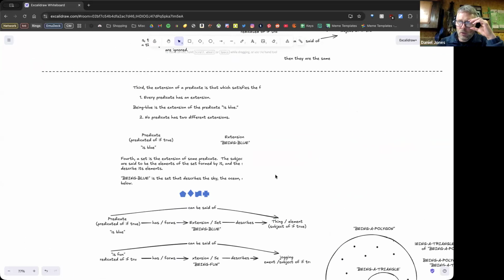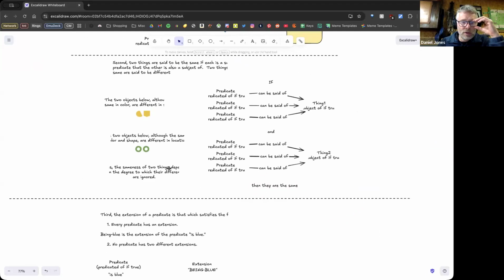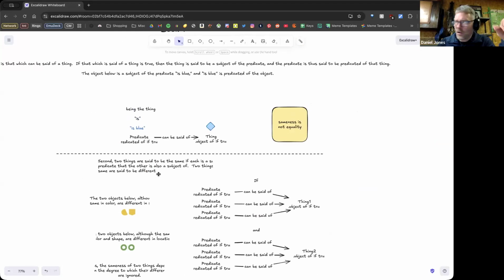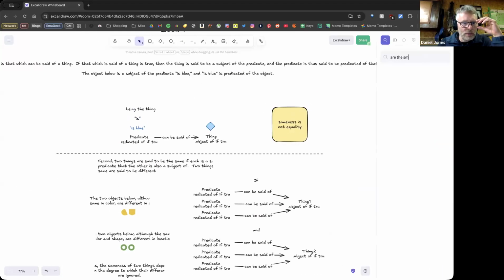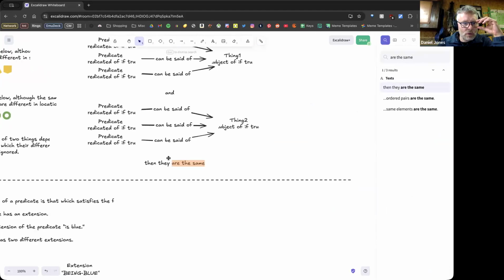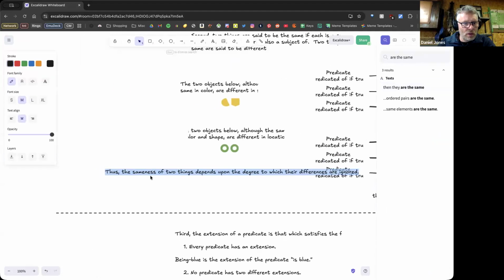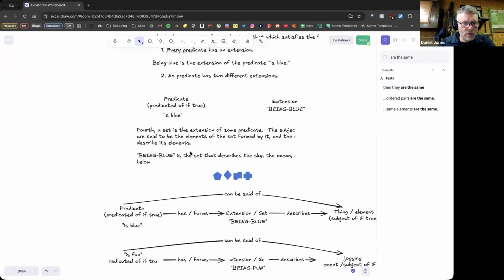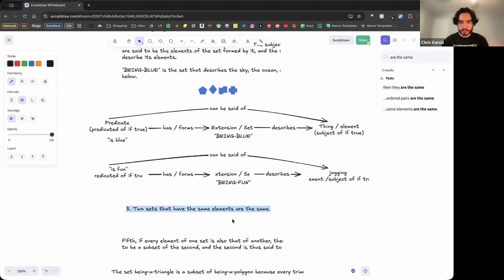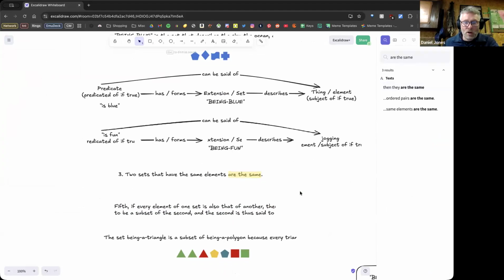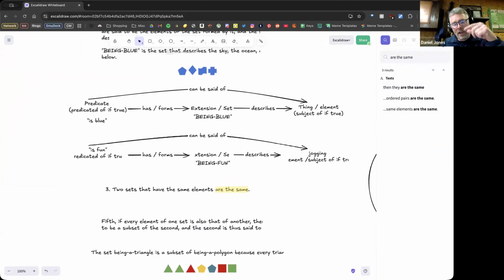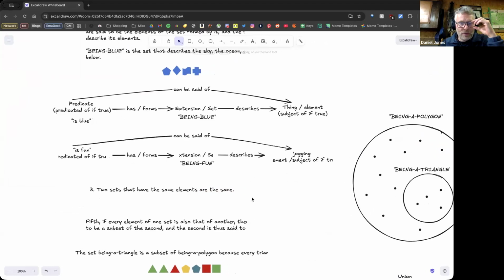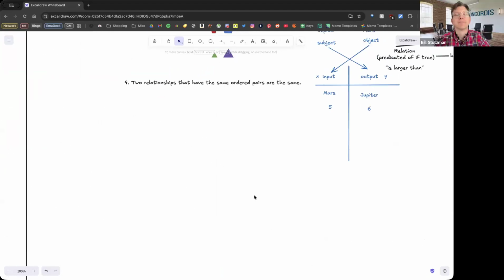Earlier we said two sets that have the same elements are the same. That should be postulate 3, axiom 3. Should be down further, I think, because it's way down. Two sets that have the same elements are the same. But here it says two relationships that have the same ordered pairs are the same. In other words,